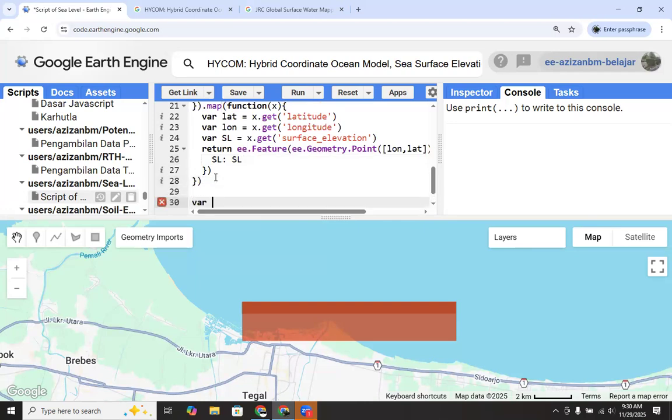And then we define the mean of the sea level.